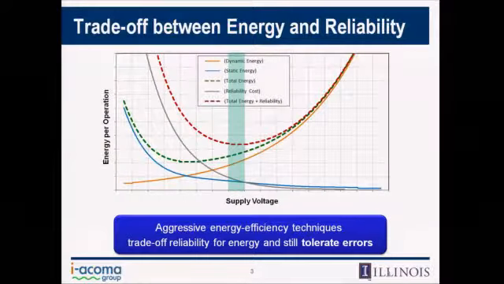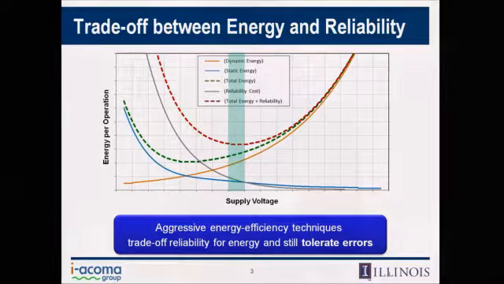Thank you, Greg. So we either can operate at a region like, I don't know, 1 volt where you wouldn't observe any failures due to the process variation, or you can choose to go for these lower voltages and try to operate at the optimal voltage value and basically save some energy. And you need to have aggressive energy-efficient techniques that can trade off reliability for energy efficiency and still tolerate some of the errors that are happening in this region. In the rest of this talk, I will look at the ways that we can achieve this low voltage operation by efficiently tolerating some of the errors.